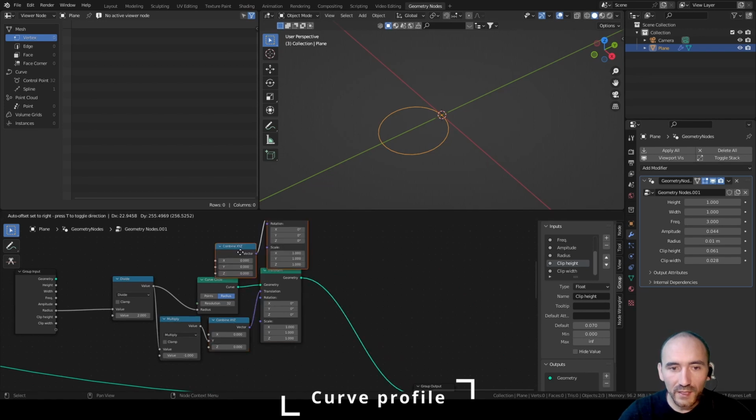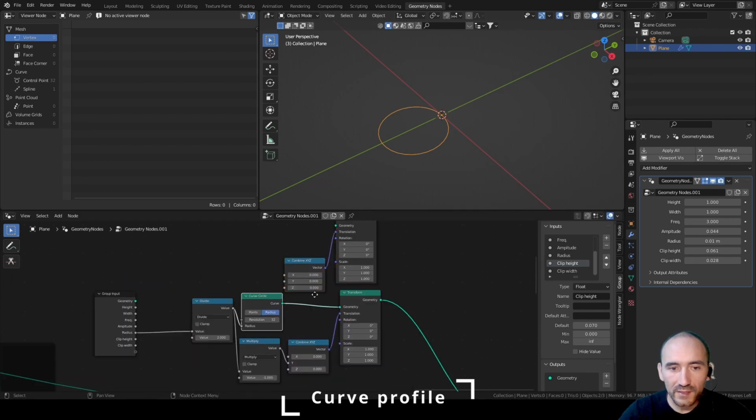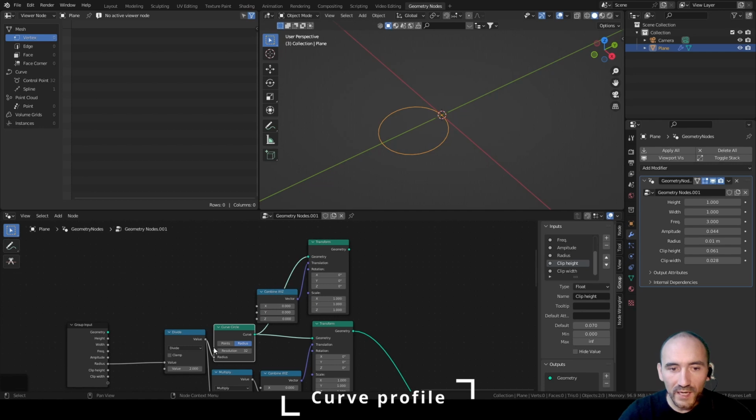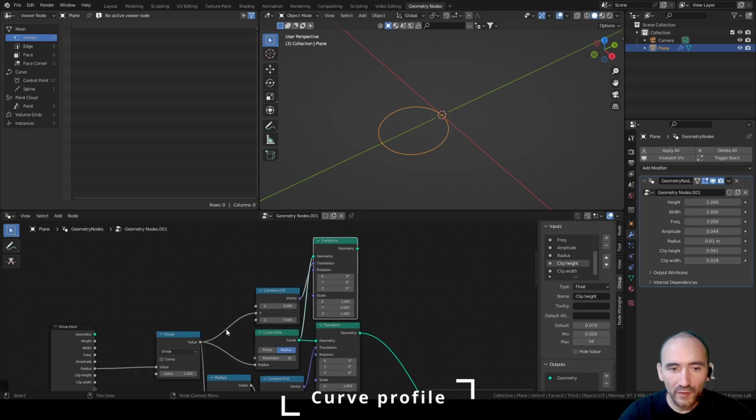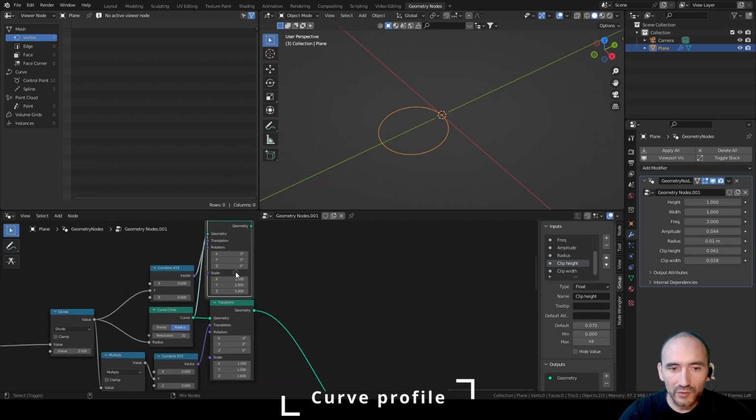And Shift D, we want to link the same curve circle and move it on the Y axis with a positive Y value. Shift Ctrl right button drag to join together, and now we can use this for a profile